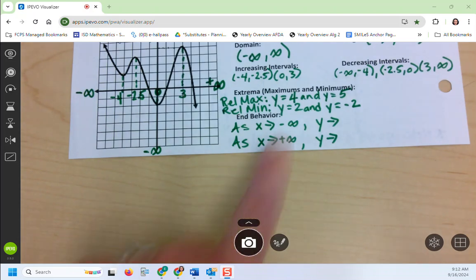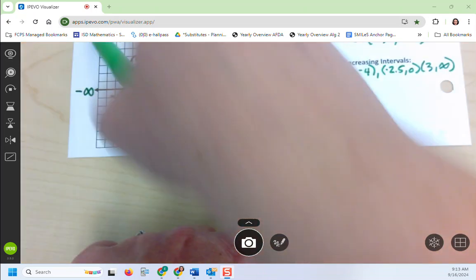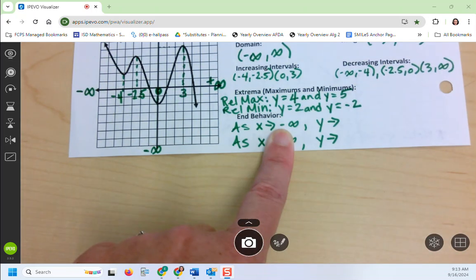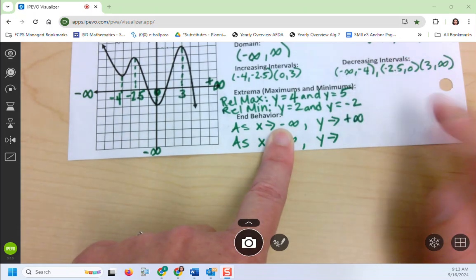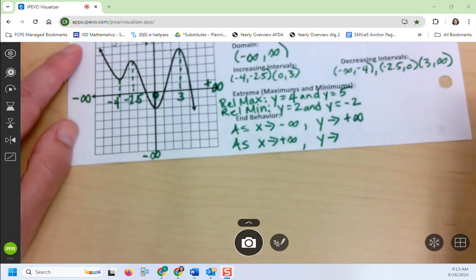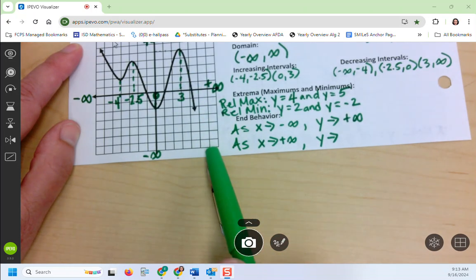Okay, so on the left side, as x goes to negative infinity, my y is going up, so it's going to what? Positive infinity, good. On the right side, as x goes to positive infinity, my y is going to negative